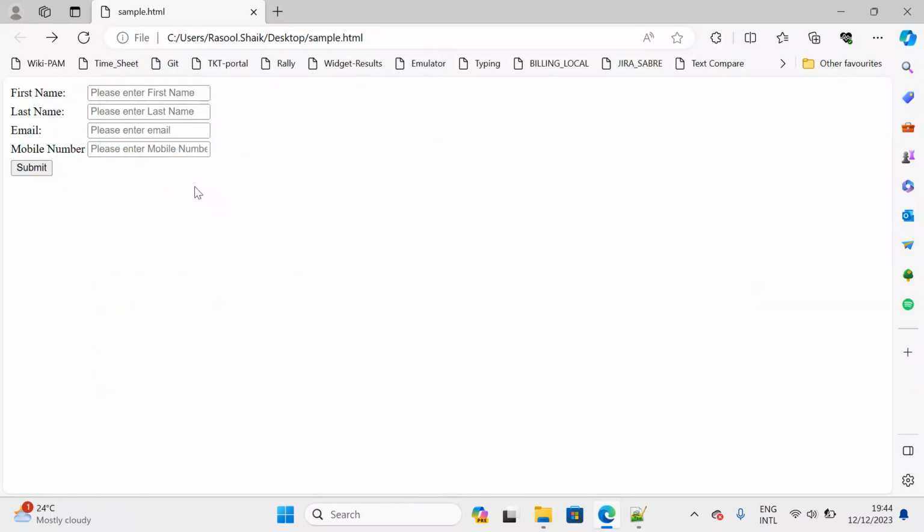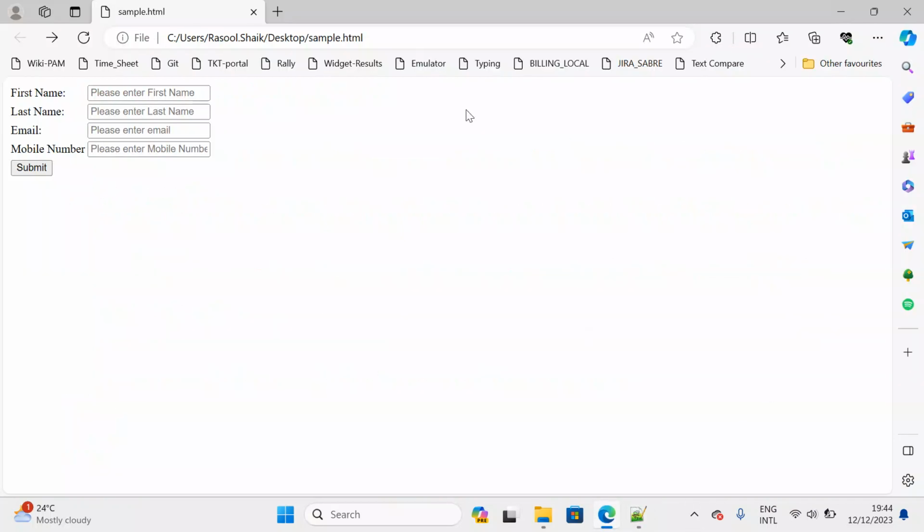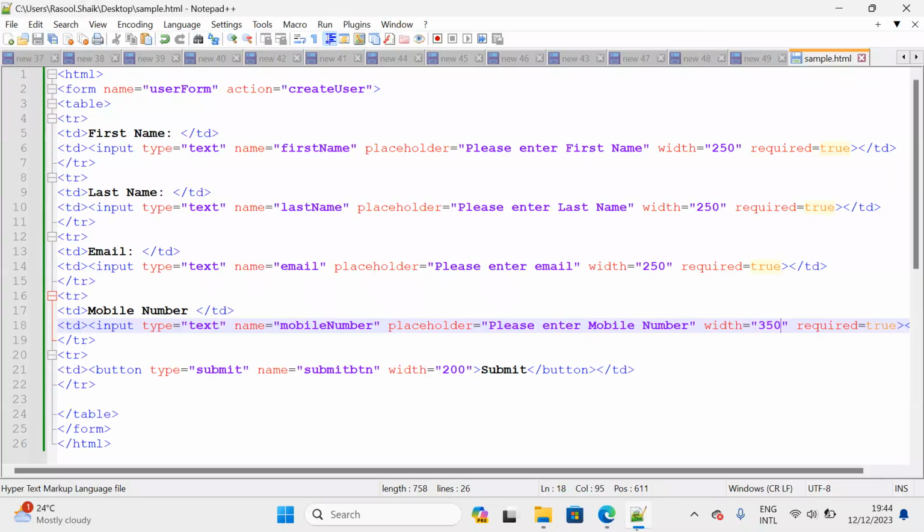Now you can see please enter first name, last name, email, mobile number. Let me give 350, so that you can see the complete mobile number. Let's give 400, man. For all I want to give 400 width,